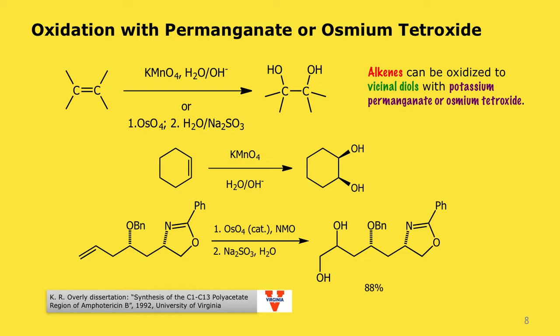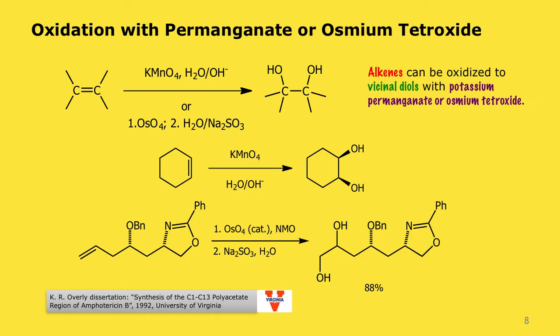It can over-oxidize and end up cleaving this carbon-carbon bond. The second reaction sequence, the use of osmium tetroxide followed by sodium sulfite, has the advantage of being very mild and very specific, typically gives very high yields, but it turns out osmium is a rare metal and extremely expensive. So this is only used in very specific